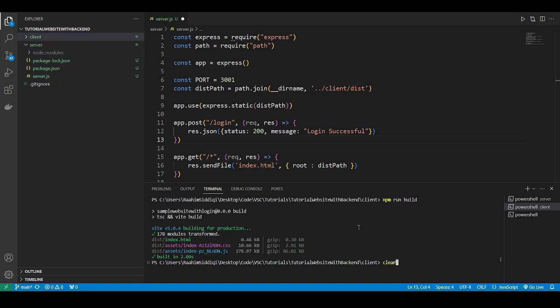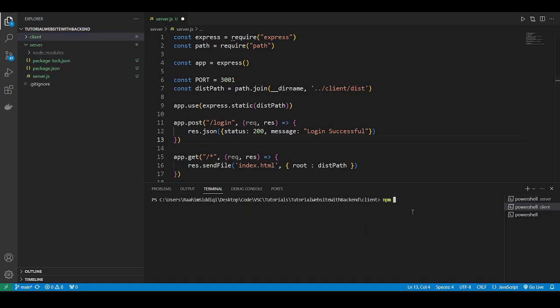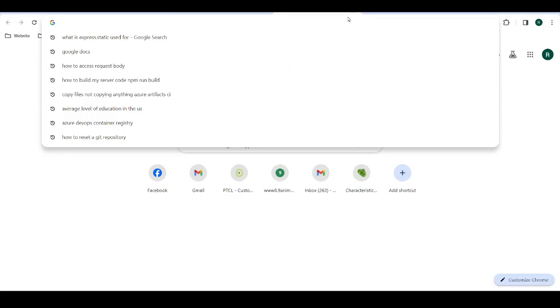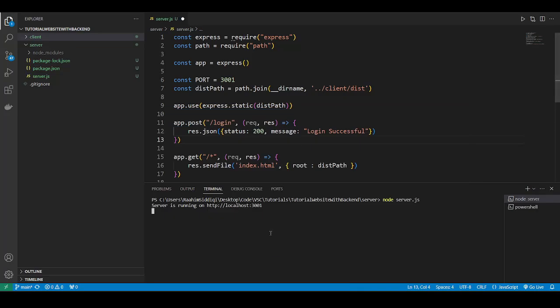Now what we're going to do is just clear, and we're going to run the, actually we're not going to run the client. That is the point of all this, that the client does not run itself. The server is going to run it. So I'm going to leave this. I'm just going to delete the terminal because we don't need it. Now I'll go to the server, and over here I'm going to do node server.js. And now what we're going to do here is visit this. Alright, it says cannot get,